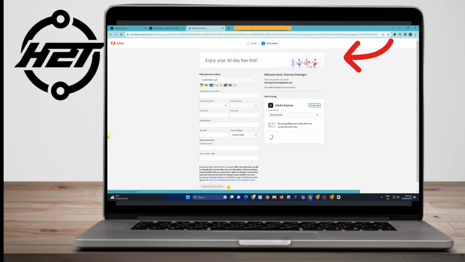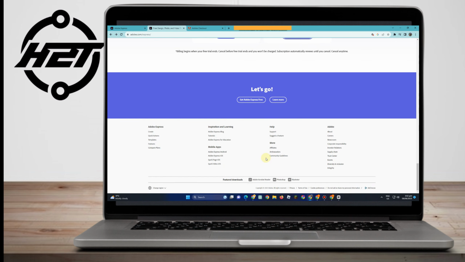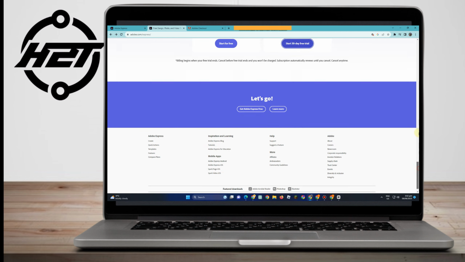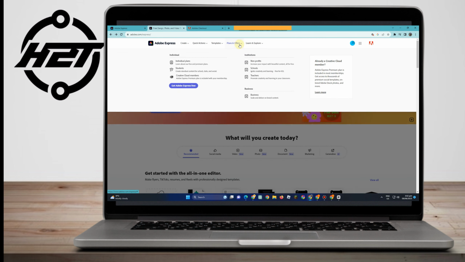And like other sites or websites or tools, they also need your card, or there are other ways to pay or purchase. So you just have to proceed and click upgrade to premium. Okay, so that's it. Now, if we go back and we want to look at this part here,